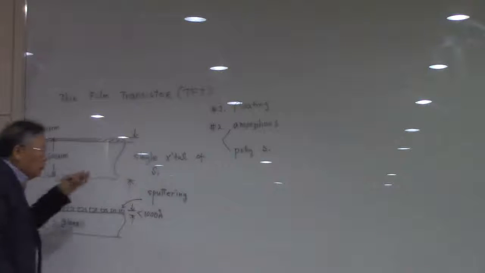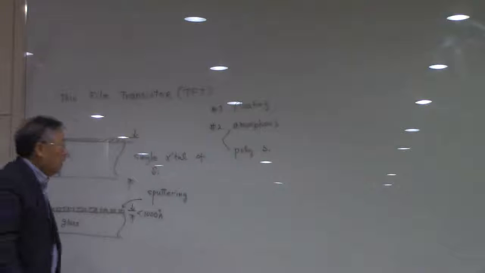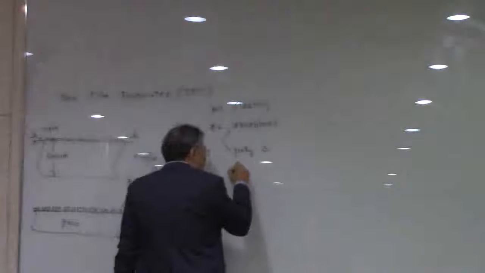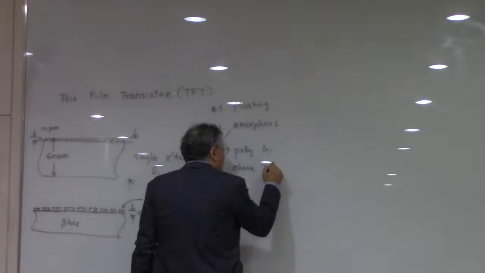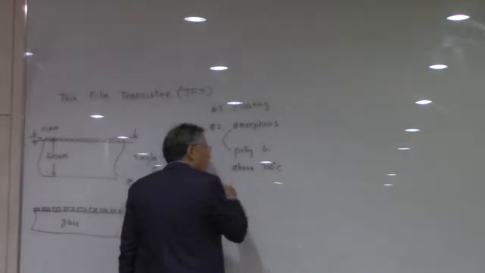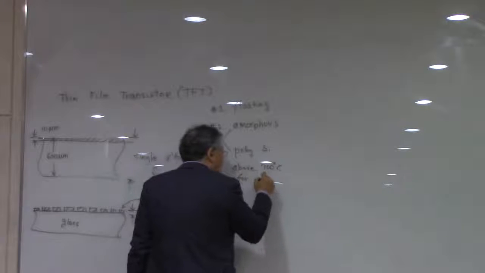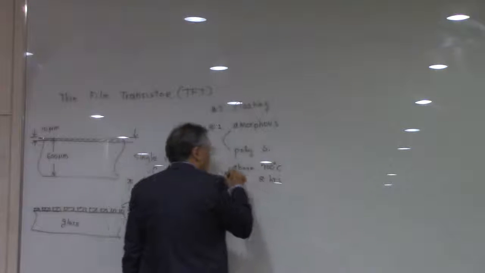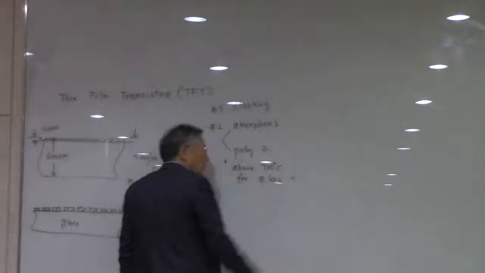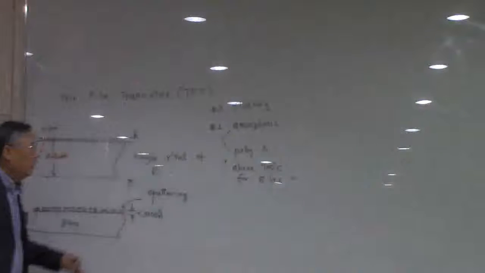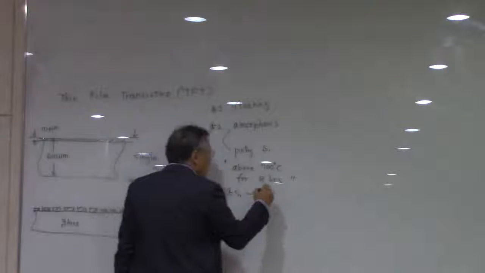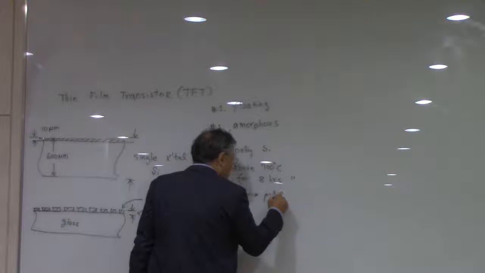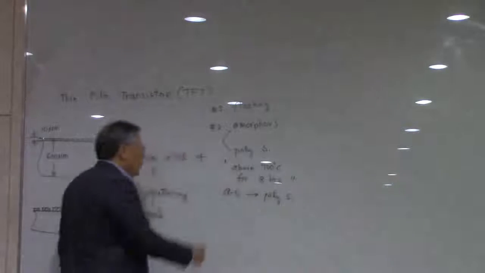But if you want to make a polysilicon, normally you have to heat up above 700 degrees centigrade for at least 8 hours, something like that. Normally to make amorphous silicon turn into the polysilicon, you need this treatment,